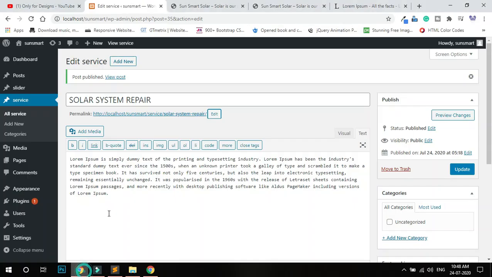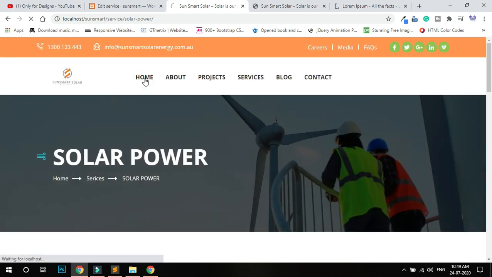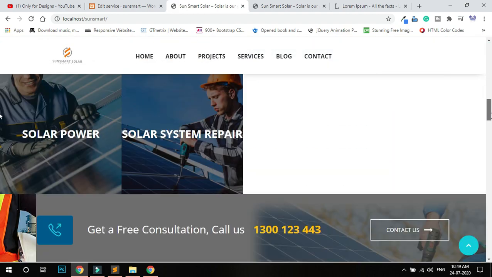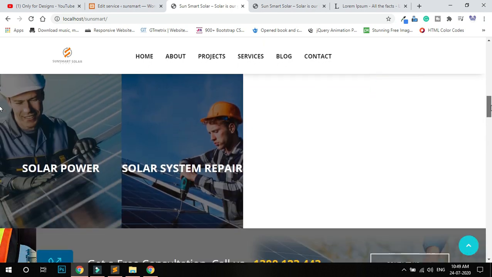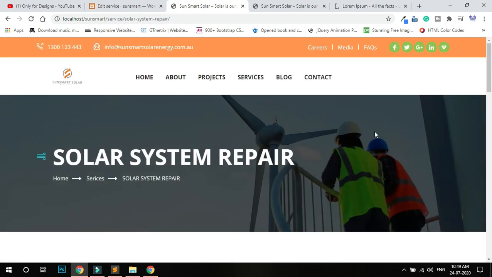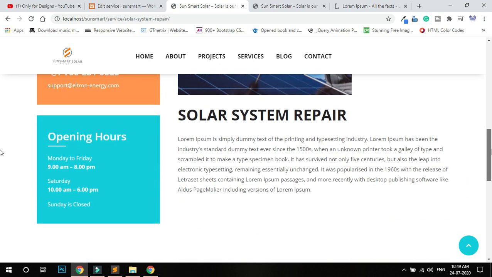Okay, so now you can see, if I refresh here, go to the home page, you can see it automatically adds a service here, and click here. See, this is the solar system repair.